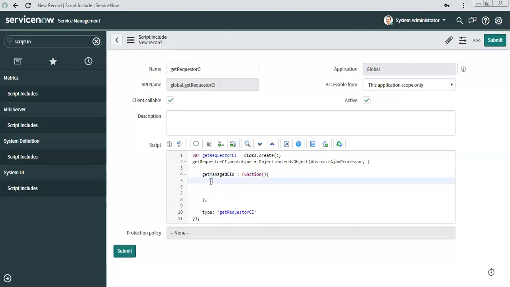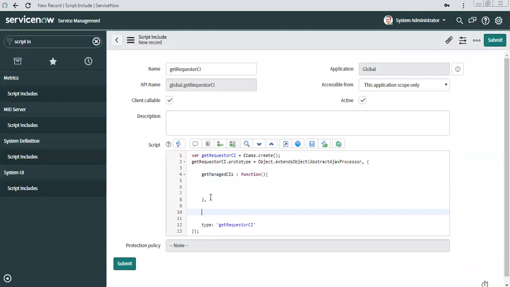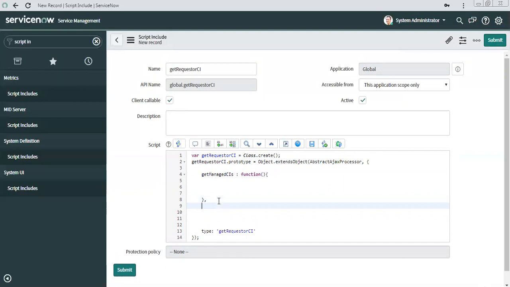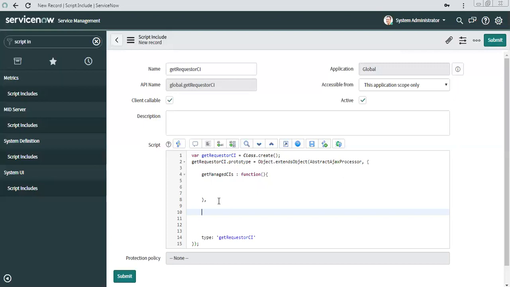Only comma, not semicolon, is it? No, it's comma. If you want to define a new function, you can define multiple functions here and call them wherever required. Similarly, if you want to get some other data, you can define another function there, write your code there, and call that function wherever you need.